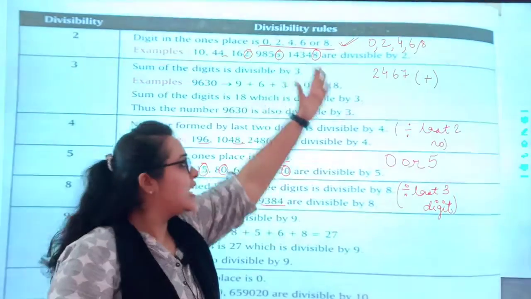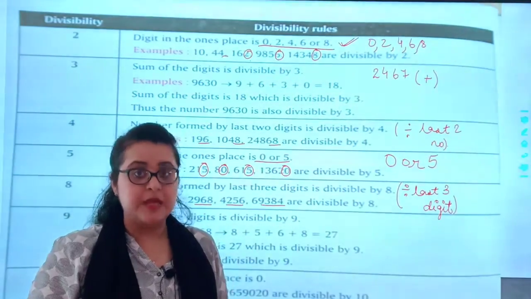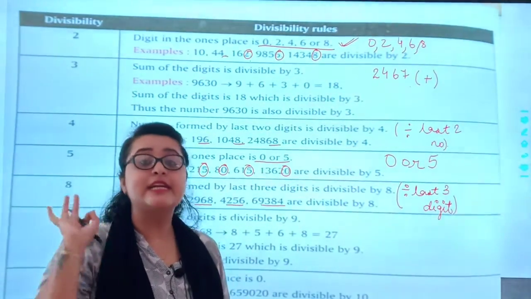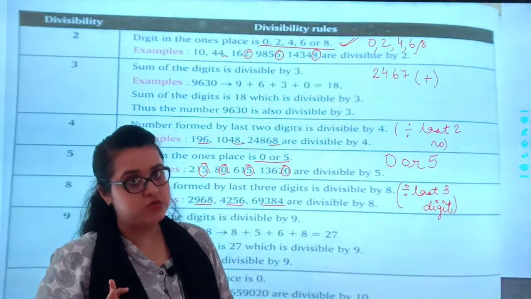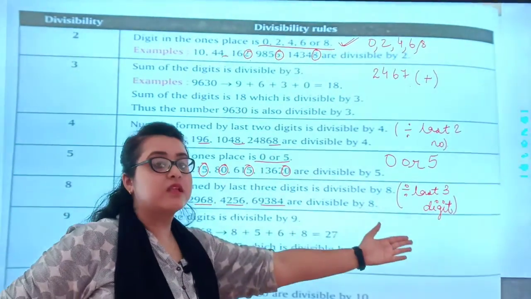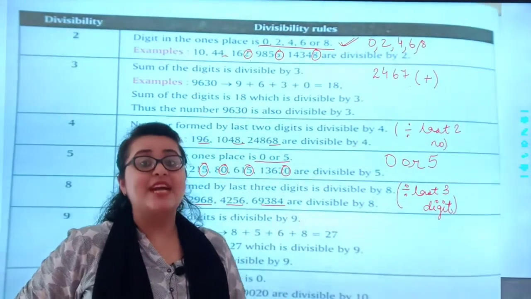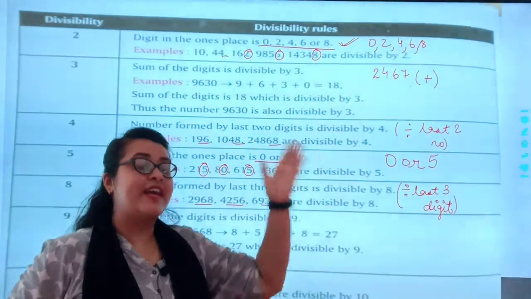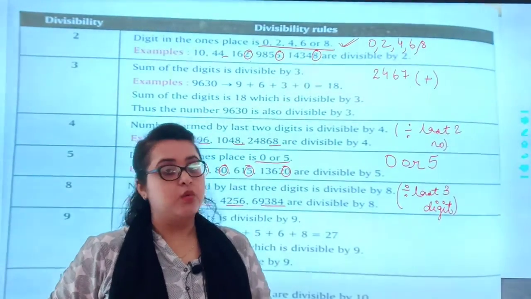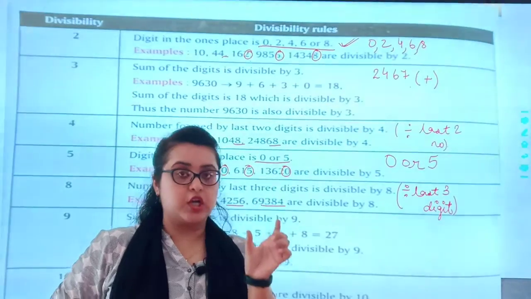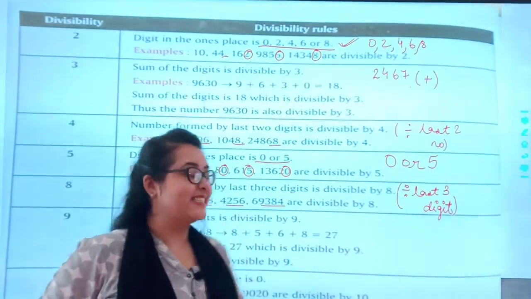Understood? Students, ये ना आपको सब shortcut याद रखना है. It is important and definitely it will come in exam. Okay, students? ये सब shortcuts आप याद रखोगे आपके लिए बहुत easy है. It will not take time to divide each and every number. You can just have a key of shortcut and you can solve that.